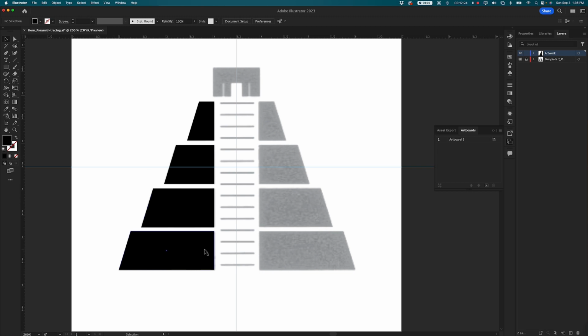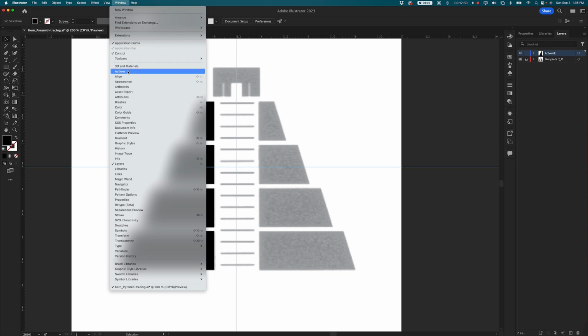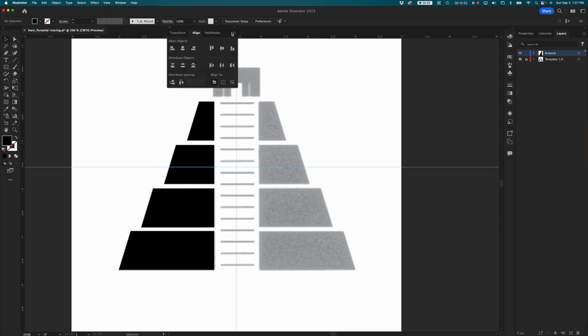So all of these shapes should be evenly distributed. If I look at these right now, the gaps between them seem to vary. This one and this one are pretty close, but this one is definitely narrower. Can you see that? So with my selection tool, I'm going to use my align tools and distribute tools to make sure that these are organized. So if you don't have it up, I'm going to go up my window menu, go down, activate my align panel,